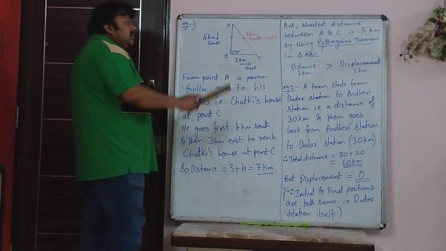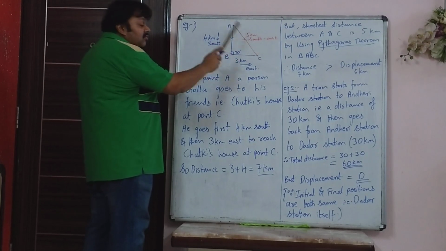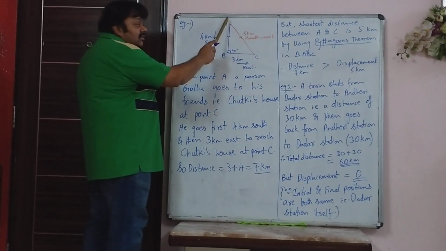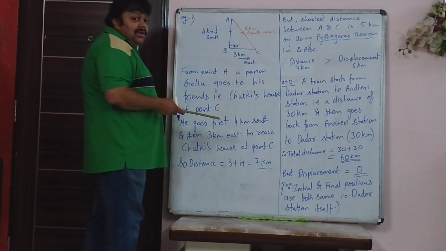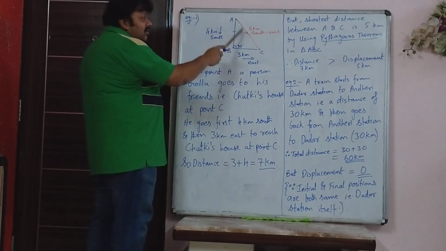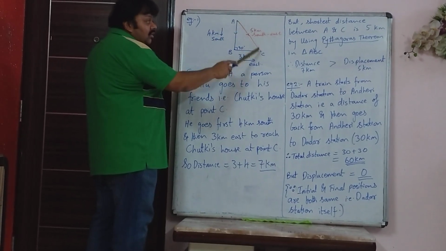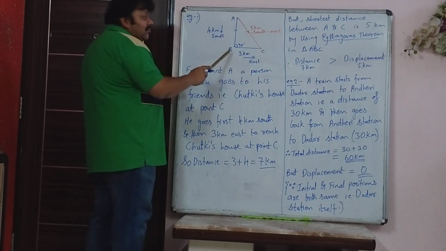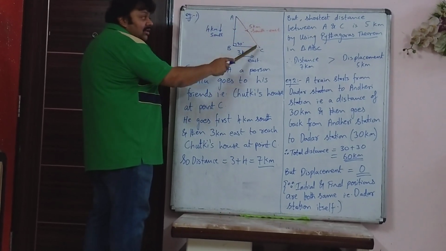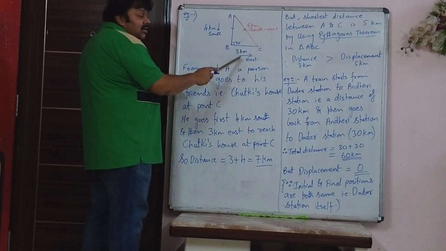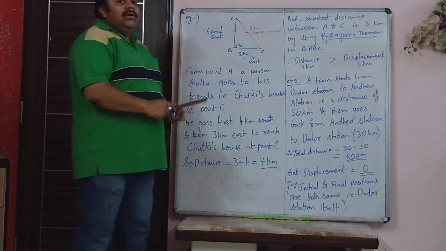But what is displacement? It is the direct distance or the shortest distance between A and C, Golu's house to Chutki's house. That direct distance you can find by Pythagoras theorem. You've already seen in perimeter and area what is Pythagoras theorem. The side opposite to the right angle is called the hypotenuse. The hypotenuse squared is the sum of the squares of the other two sides. The hypotenuse will be the largest side. So you get 4 squared plus 3 squared and under root of that, so under root of 25. So this side would be 5.